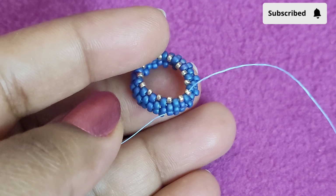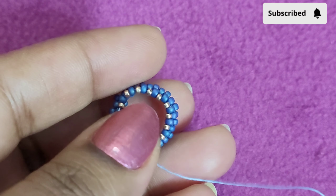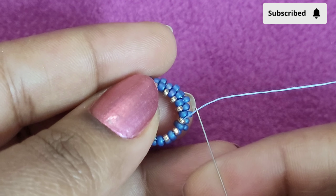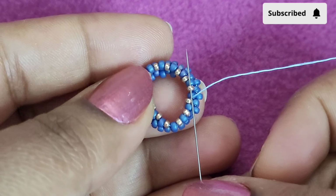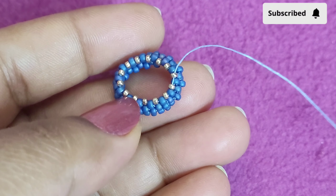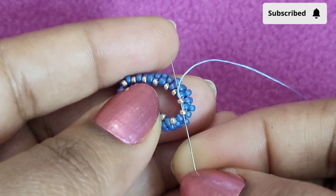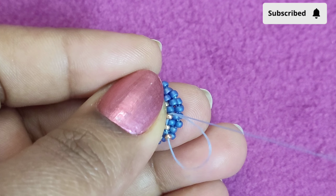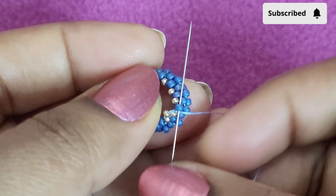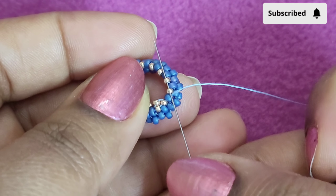And now here after completing this round, let us first cut the tail off. And you can see right now I'm exiting through this 15O champagne. I'm going to move into the next 15O champagne without adding any bead. And now after passing through this 15O champagne, I'm picking up one 15O champagne into these two 15O champagne together and creating the picot stitch over it like this, down through this 11O nebula blue into the next two 15O champagne together,